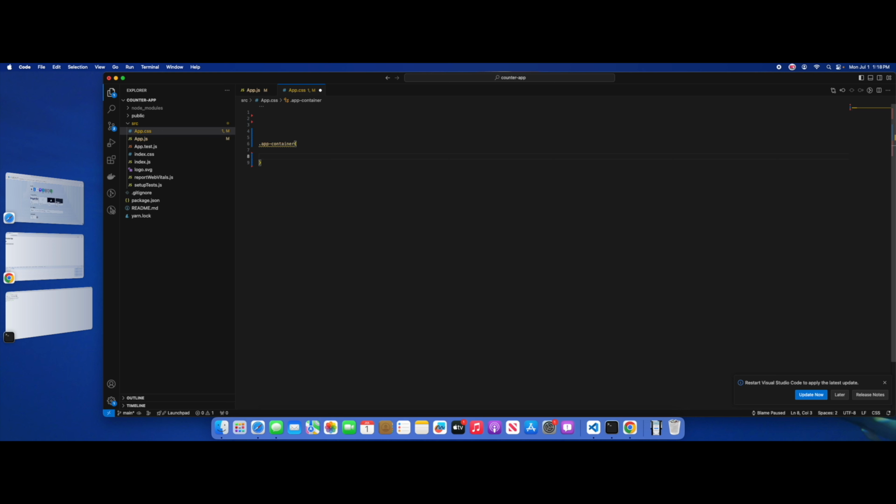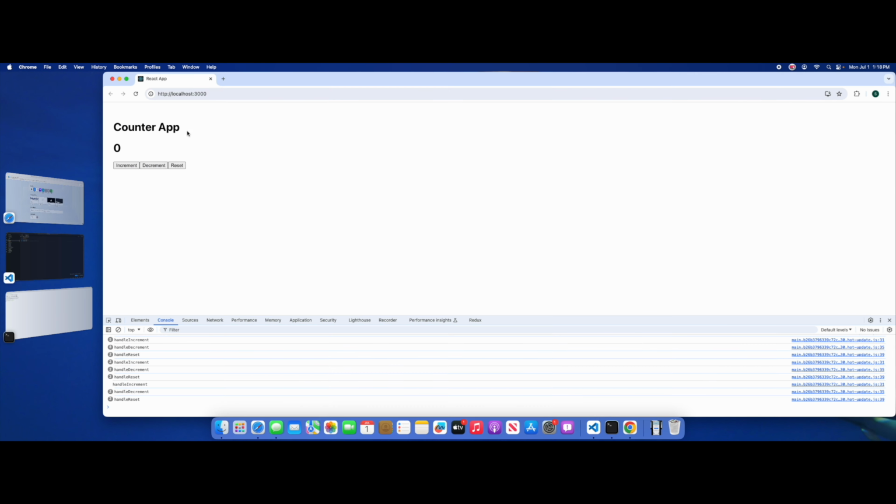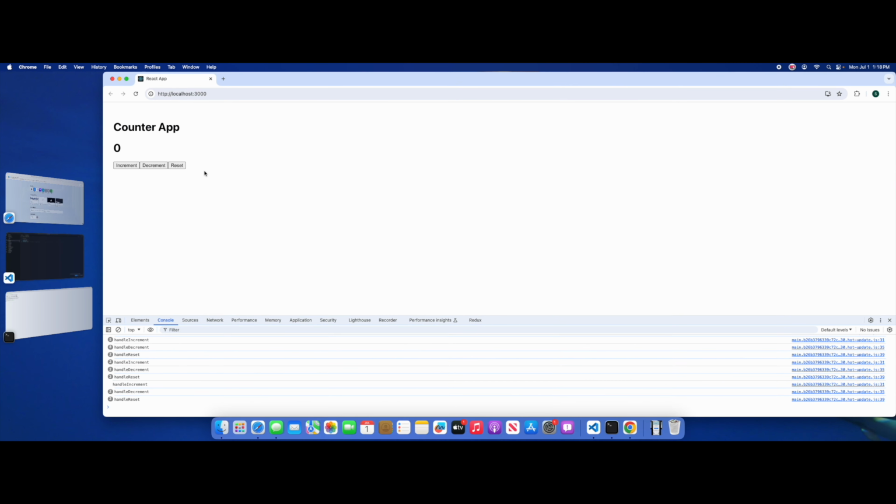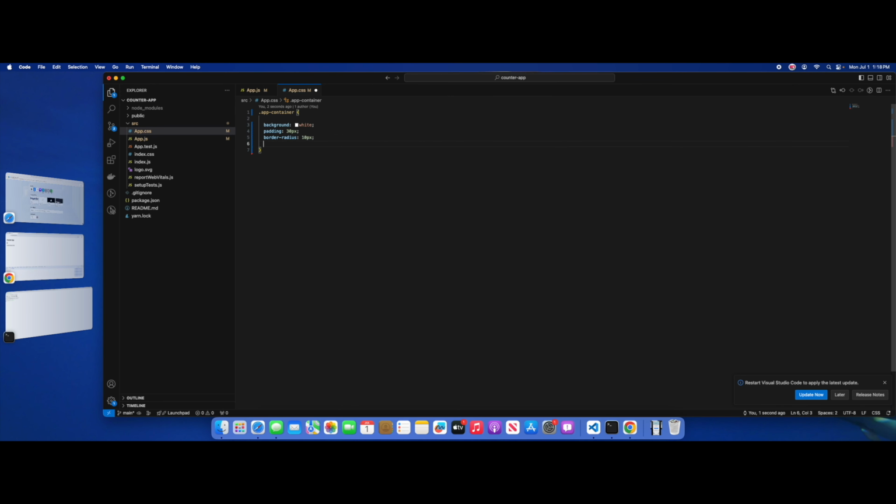We will add a background of white, and we'll just add a padding of say 30 pixels. So yeah, you can see it is working fine. And then we will add a border radius of let's say 10 pixels, and right now it won't show because there is no border. Then we will do a height of 100 vh, and